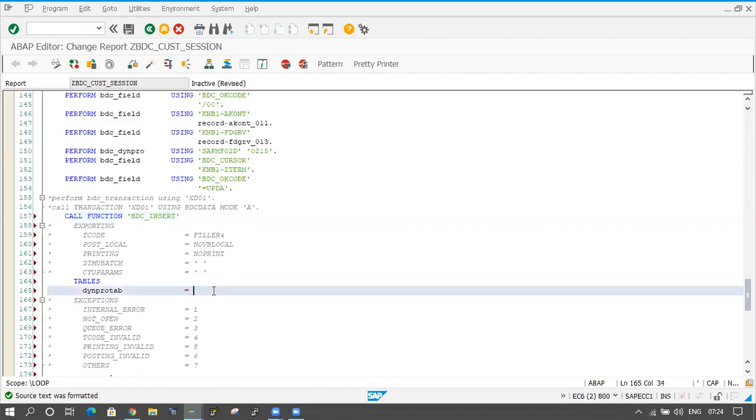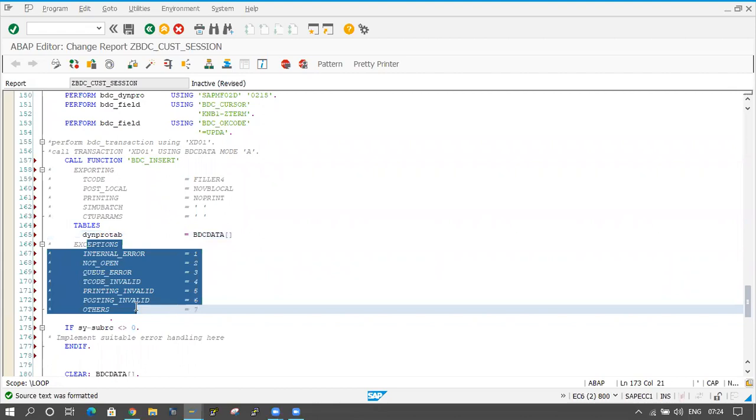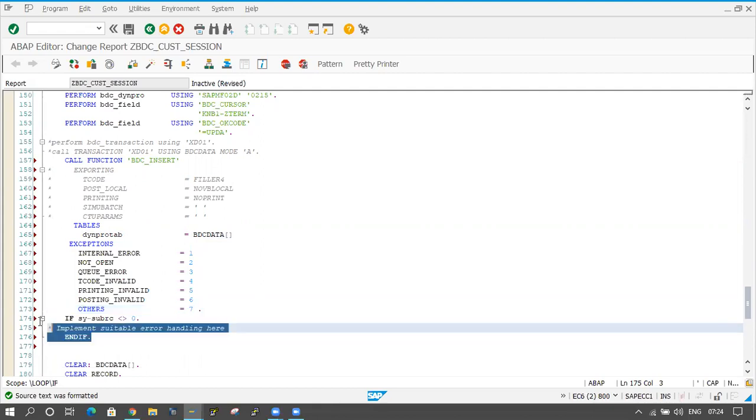Sorry, BDC data. The mapping data is available in the BDC data, and exceptions are coming here, right? Uncomment the exceptions here, and if an end if is there, I am removing that one.